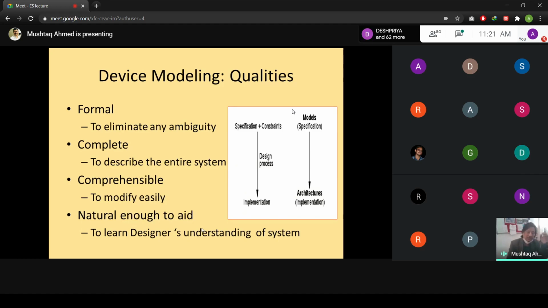So the modeling technique would have to be self-explanatory and may not require language specifications to represent it, and it should be easily depictable. The person who is using that device later on would be able to understand that the device has to function in this accordance, based on those types of inputs and outputs and the various types of constraints, and that has been properly depictable.